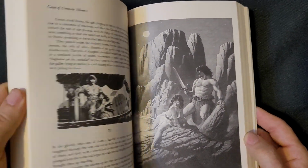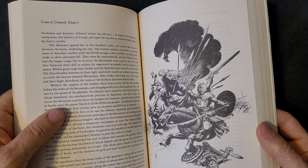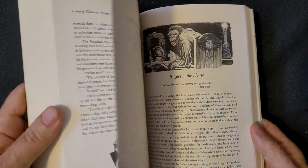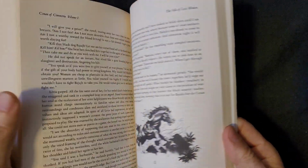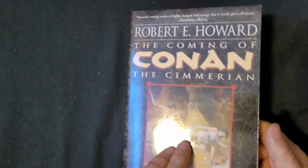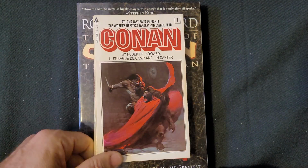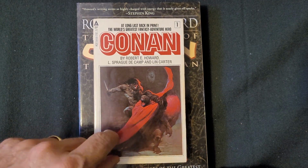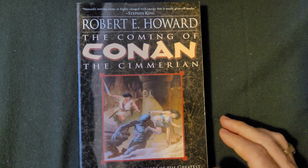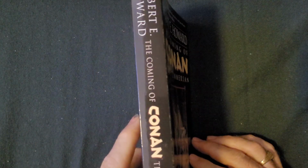and the art is exquisite. Beautiful edition, and really one of the best artistic editions of the Conan stories. So that's that, the Coming of Conan the Cimmerian. This is from Rogues in the House. I thought it was the Tower of the Elephant, but this is Rogues in the House. Sorry. Anyway, so that's the Coming of Conan the Cimmerian, the first of the Conan definitive editions, and this is